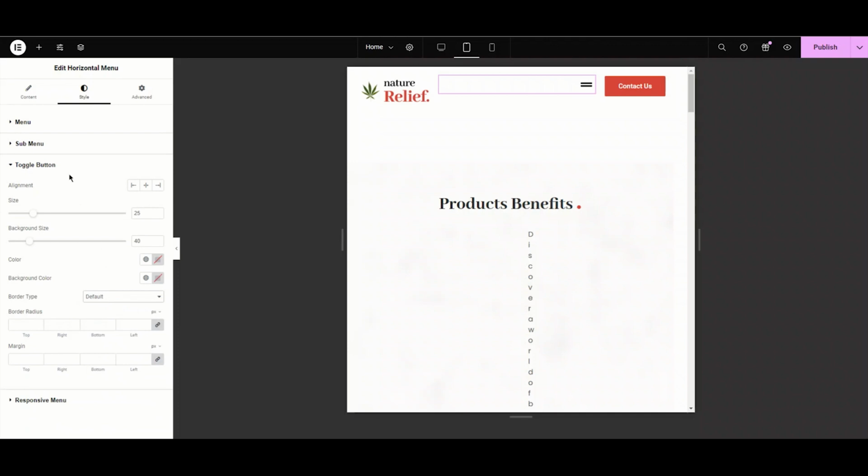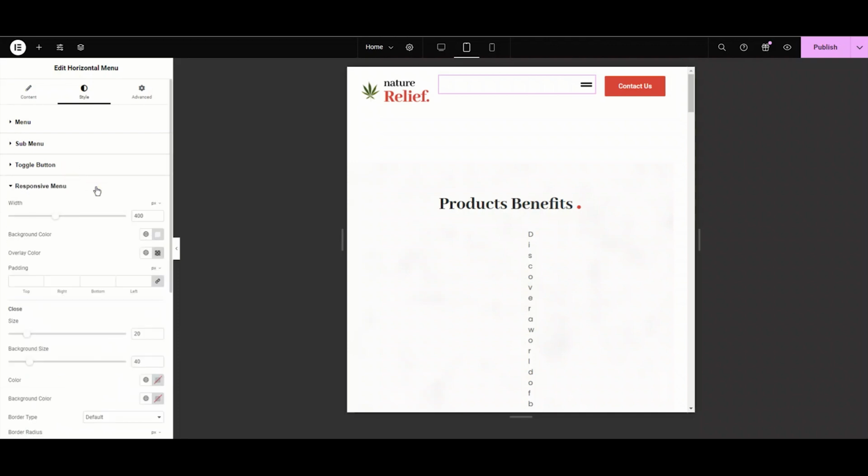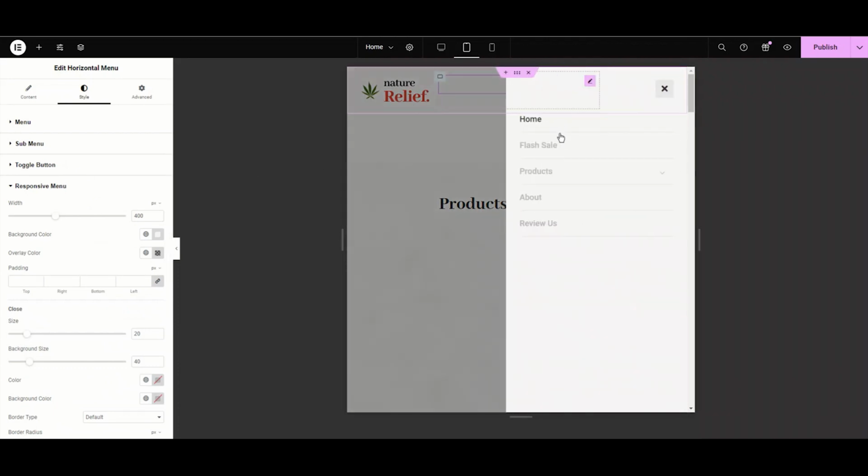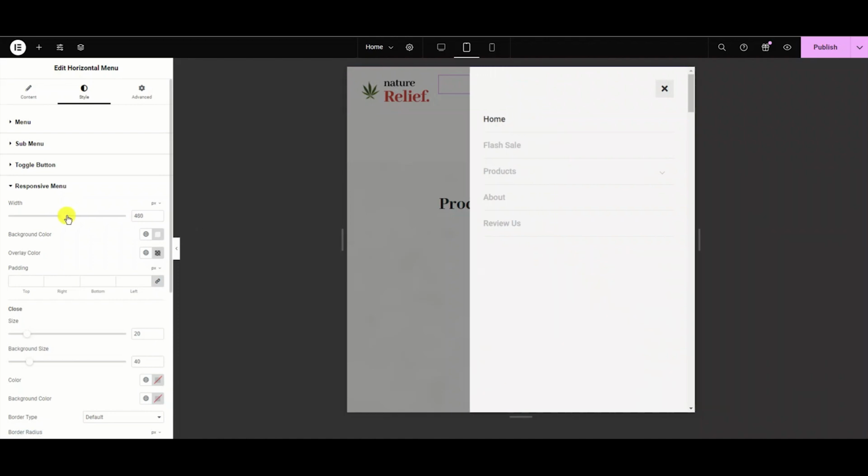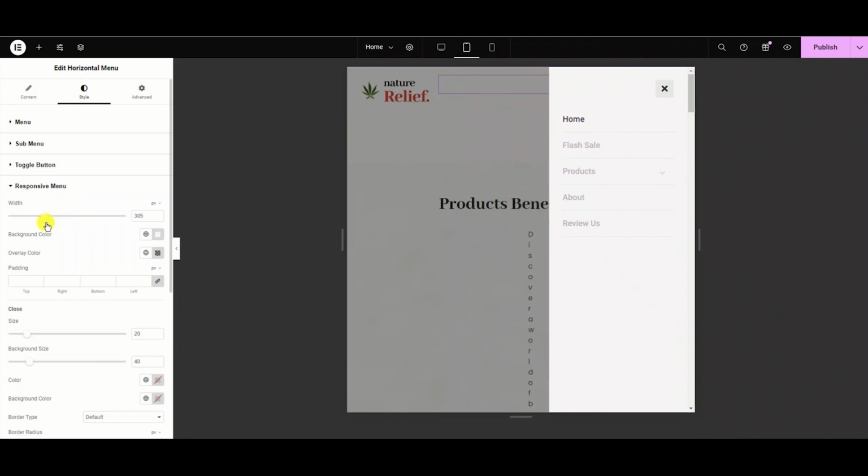Now close this toggle button section and move to the responsive menu section. From here we will style the responsive menu. Click on this toggle button to show the menu. At first, here we have this width option. From here we can adjust the width of this menu just like this. Just drag the slider to adjust the width of this menu. I'm setting the width of this menu to 320